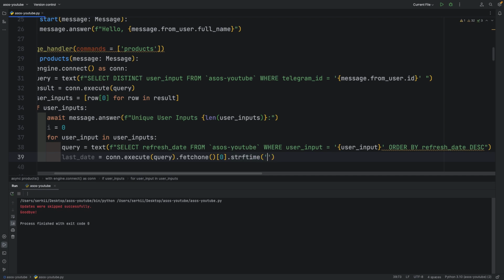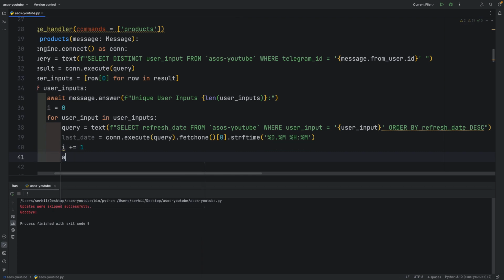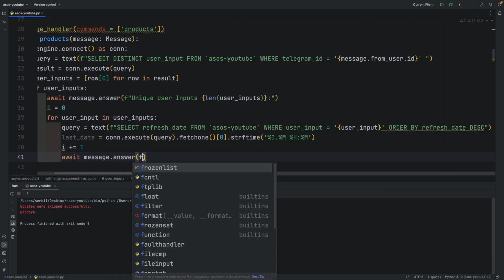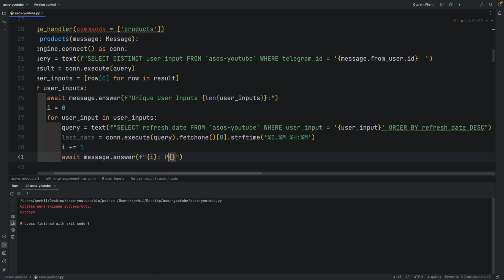We will convert it into a string using the strftime function, and this time we will display only the day, month, hours, and minutes. Additionally, we will increase our variable i by 1 and output the result in a formatted string: the value of variable i, followed by a colon, "last discount was", and the inserted value of last_date.